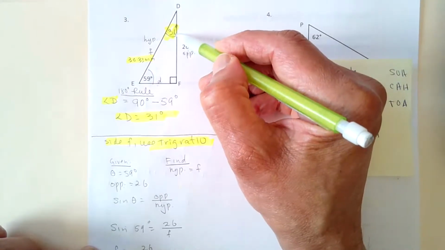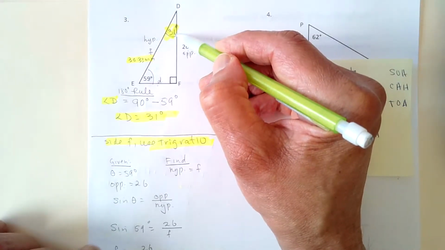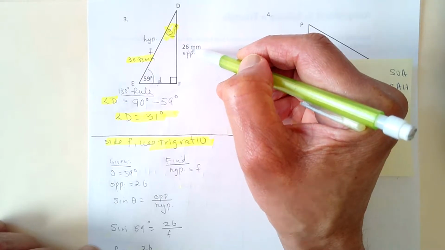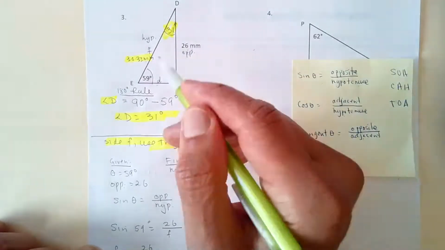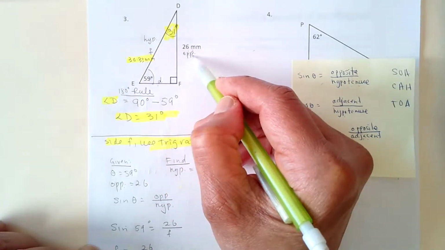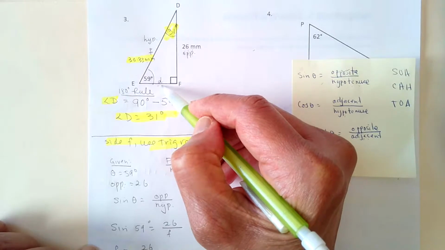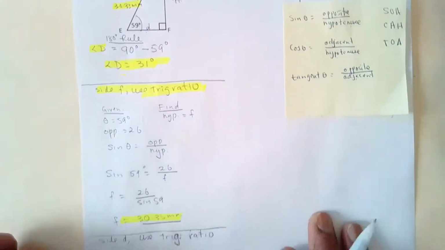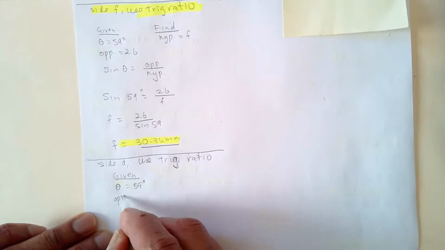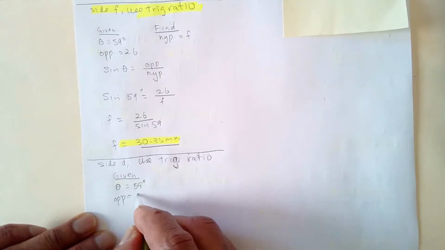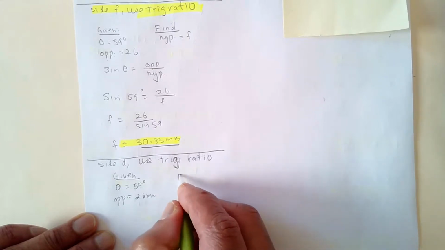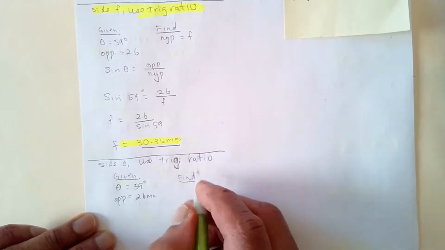If we were to use 31 degrees as my reference angle, this becomes the adjacent. This would be the opposite. But since I'm using 59 degrees here, the opposite side is 26. And the side I'm finding now becomes the adjacent. So we're using the opposite, I should say, and I need to find the adjacent,